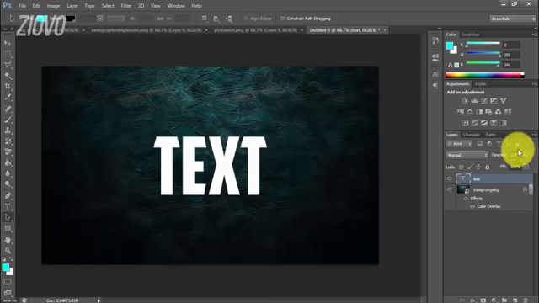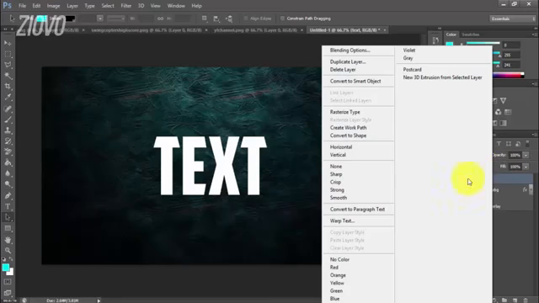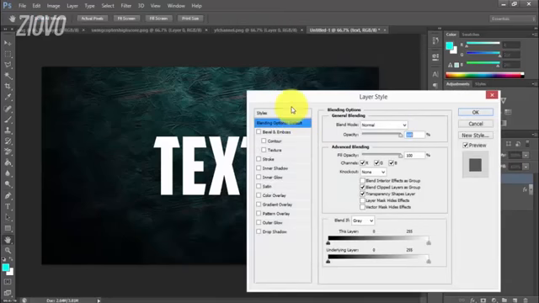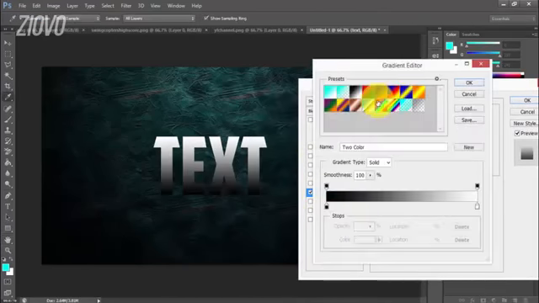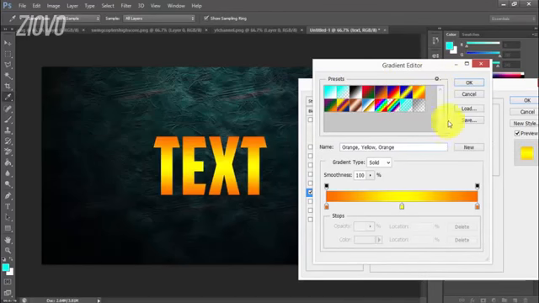So once you have your text centered, you can add some more effects to it, and to do this, just right click on the layer and go to blending options. And here what a lot of people like to do is add a gradient to it. So as you can see, here you can see there's a bunch of gradients you can choose from. You can do this gradient if you wanted to,